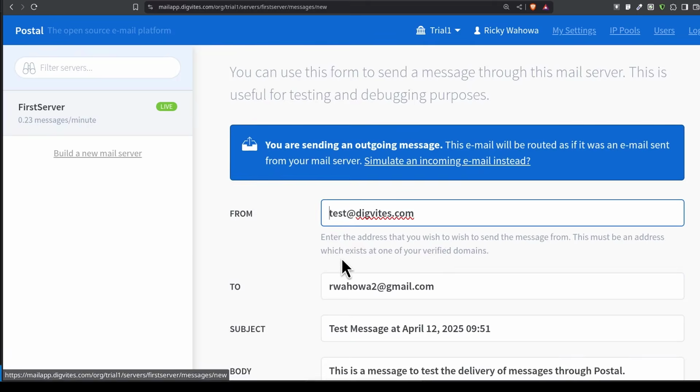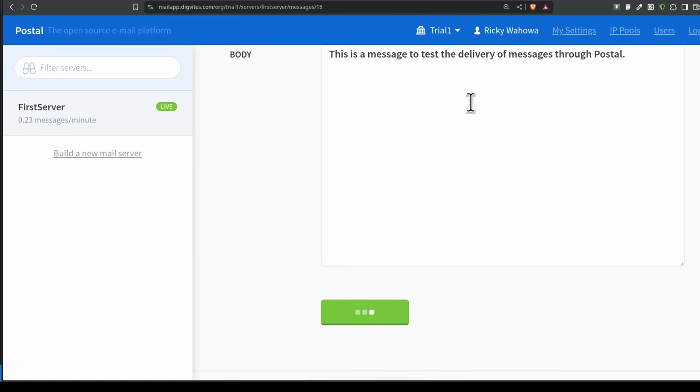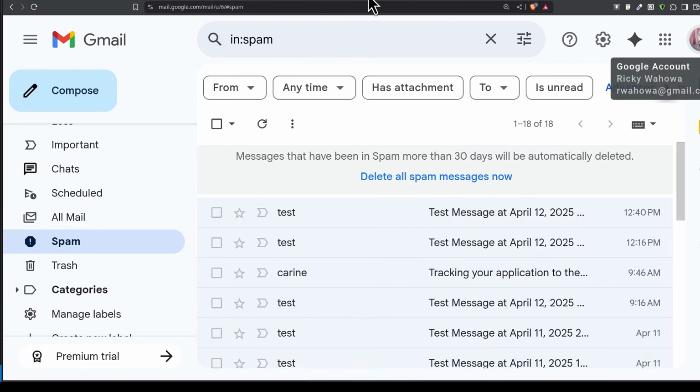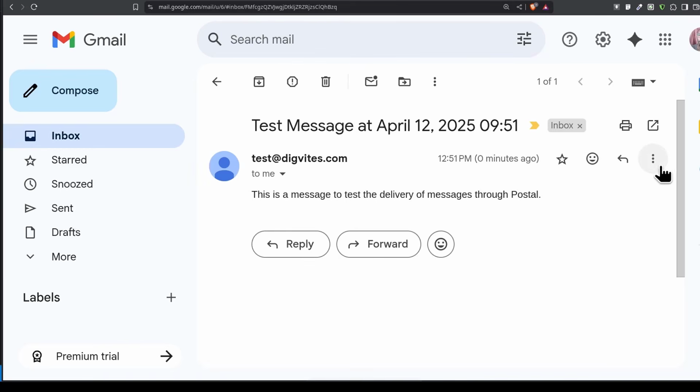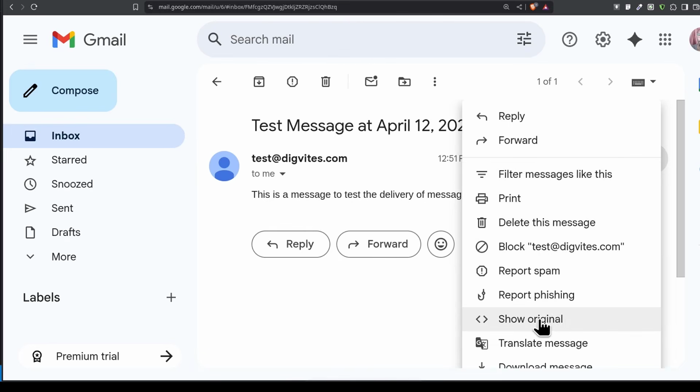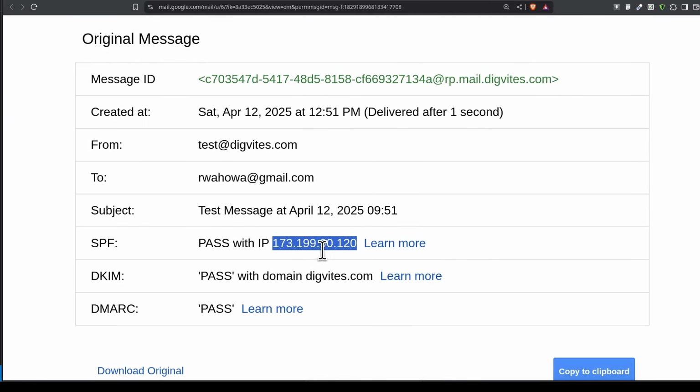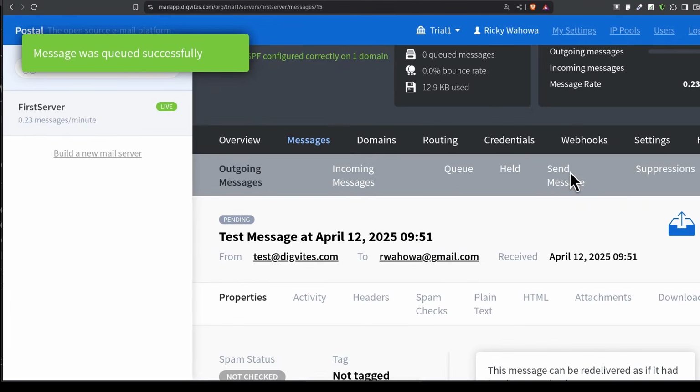Messages, send message. It's now sending with this second IP. Let us send another one.